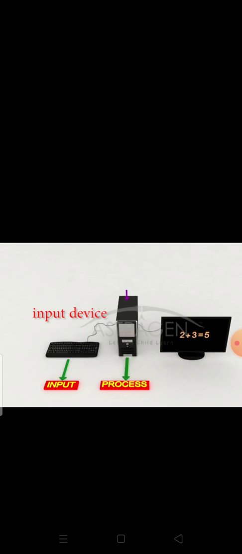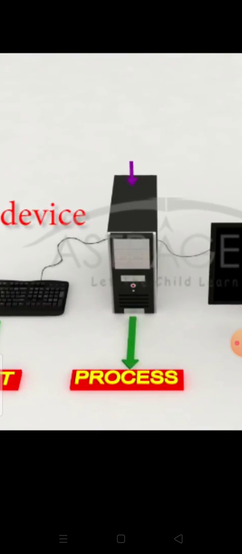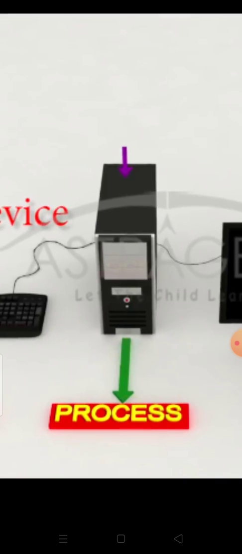Do you think the hands and eyes work on their own, or is some other body part telling them what to do? No, not at all. They don't work on their own. They are controlled by the brain. We know that we have a brain which does all the work, but we never actually see it working. The CPU is also the same.